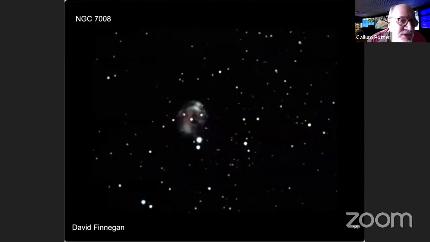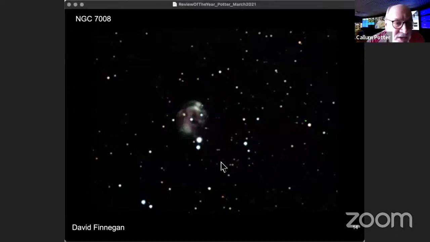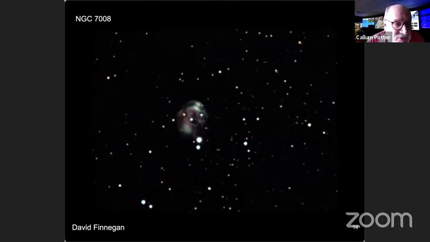David Finnegan's been continuing with planetary nebula imaging from Halesowen in the West Midlands. Again, using, I think, a 10-inch Schmidt-Cassegrain, so it's getting quite nice resolution of these.